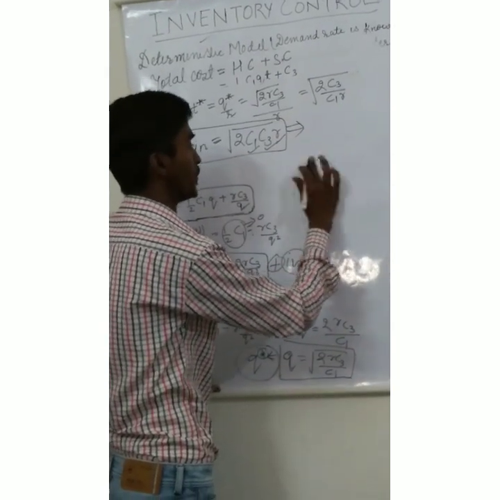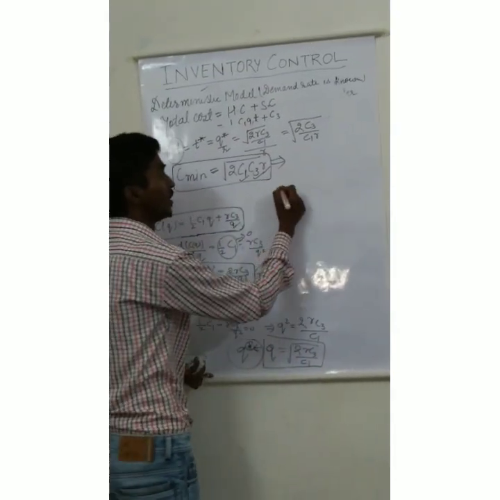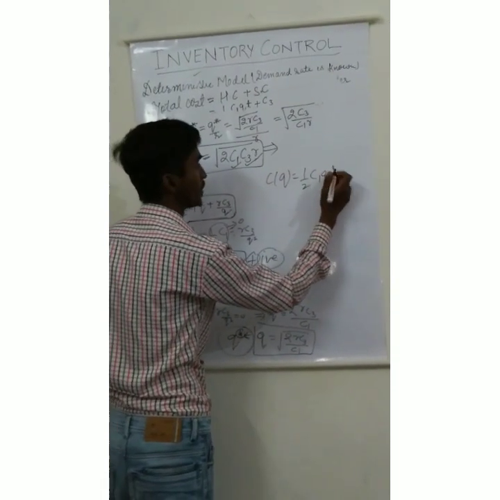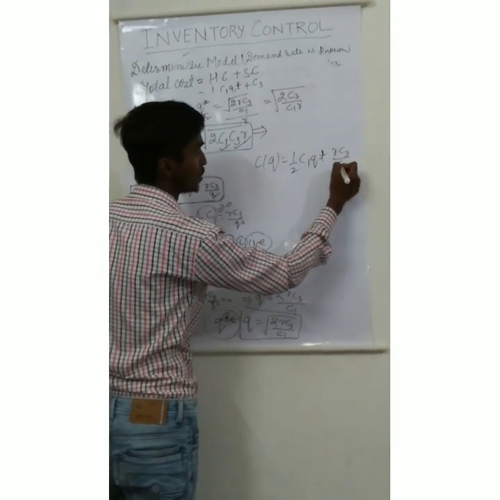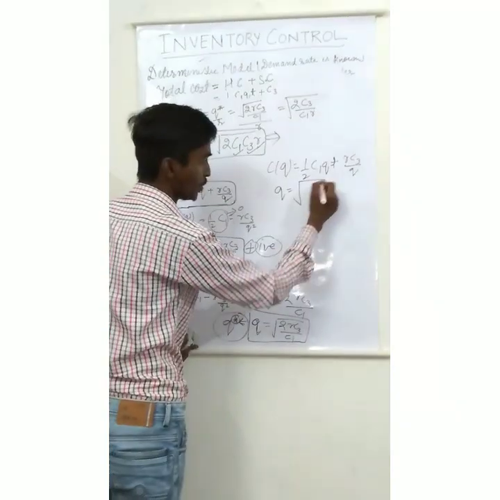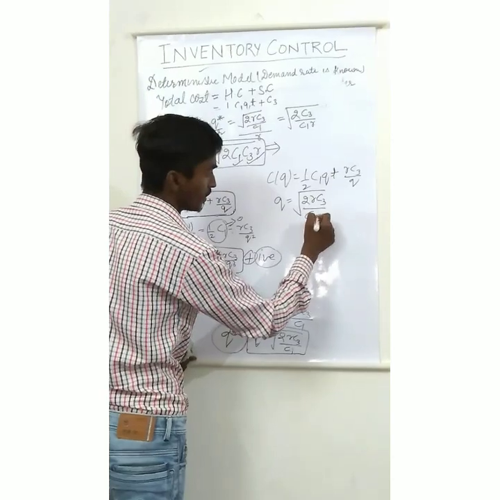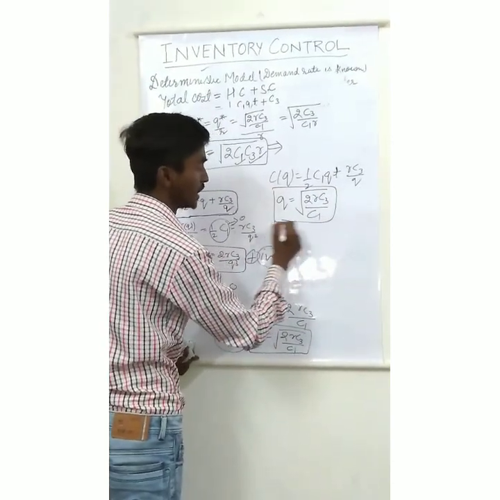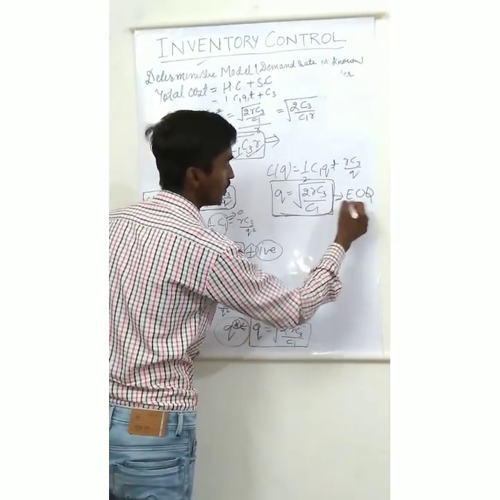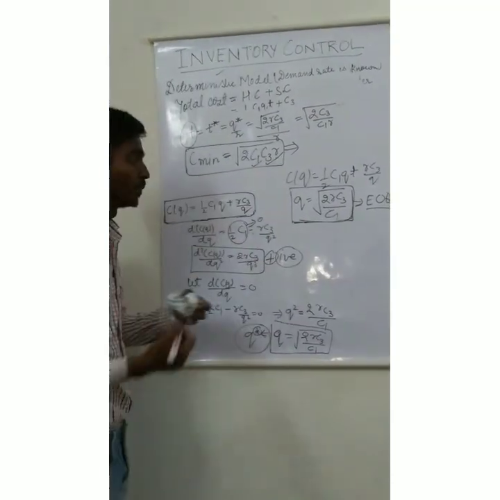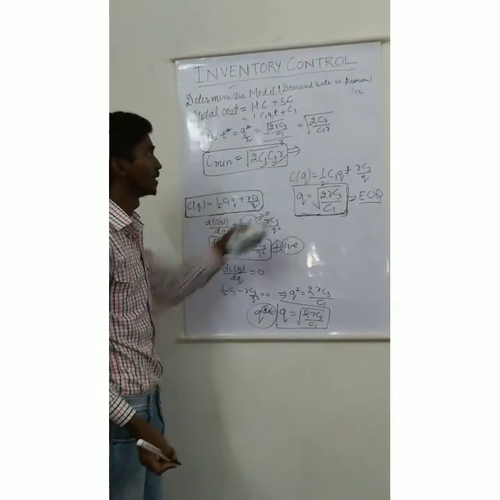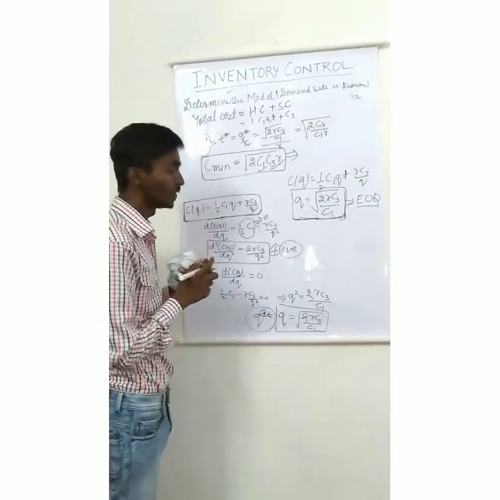Now we summarize the results. Which results do we get in this model? First one is the cost equation, half C1 Q plus RC3 upon Q. Second, we get the economic lot size, Q equal to root over 2RC3 upon C1. This is the economic lot size quantity, the economic order quantity, the EOQ of model 1. This model is a very general, generally used method. So this is the derivation of model 1, and thank you, sir.